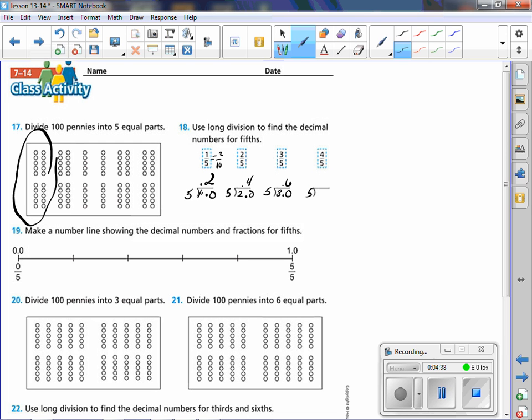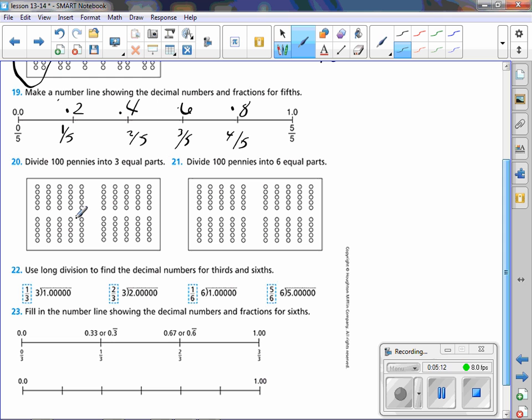5 outside the division house, 4 under the division house, add the 0, 8/10. Okay, and then we're just going to throw that onto the number line, thinking about 2/10, 4/10, 6/10, and 8/10. And then how that relates to fifths, right? 1/5, 2/5, 3/5, and 4/5. All right, then going on,